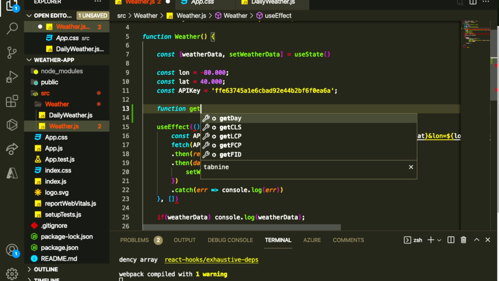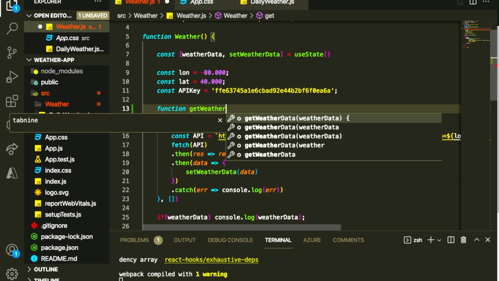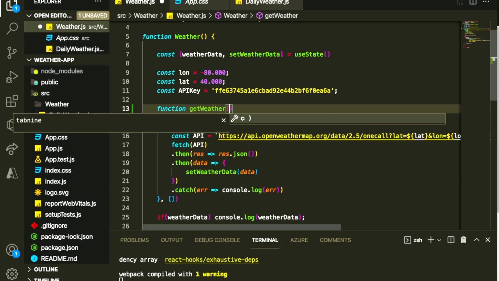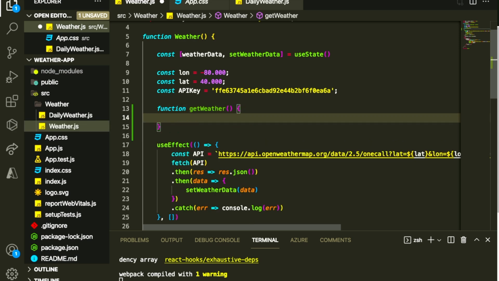And we'll call it getWeather, but you can call it whatever you want. And we're not going to be taking anything in, so we can open that up. And let's start it off with a safety statement. So we are going to say if the geolocation doesn't work or we don't have it, we'll just console log something. So if